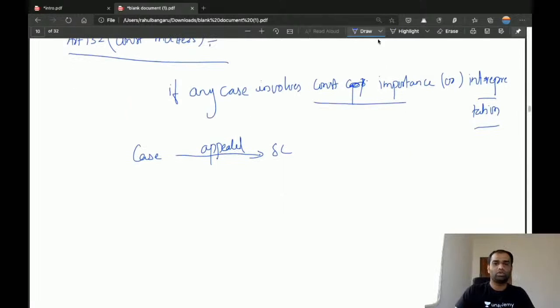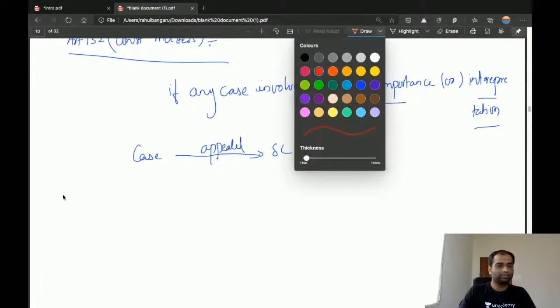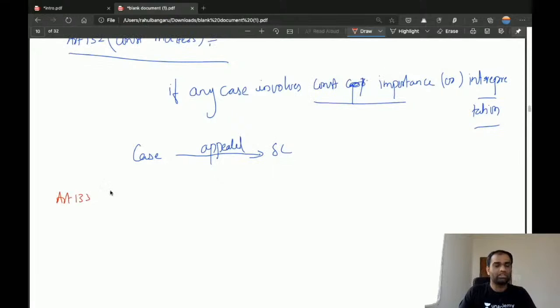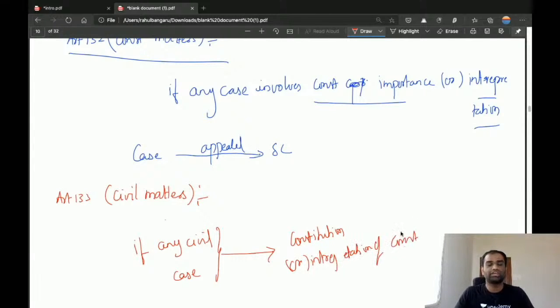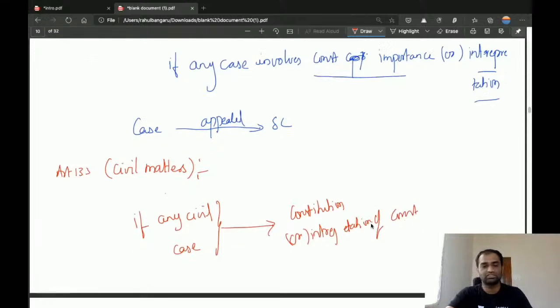Now the next one is Article 133. Article 133 discusses cases involving civil matters. Similar to Article 132, if any civil case has huge implications on the constitution or interpretation of the constitution, that case